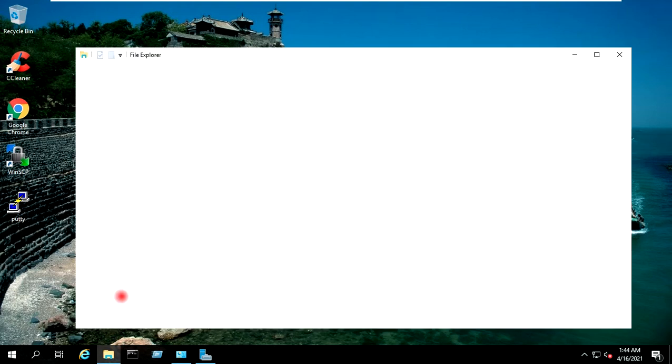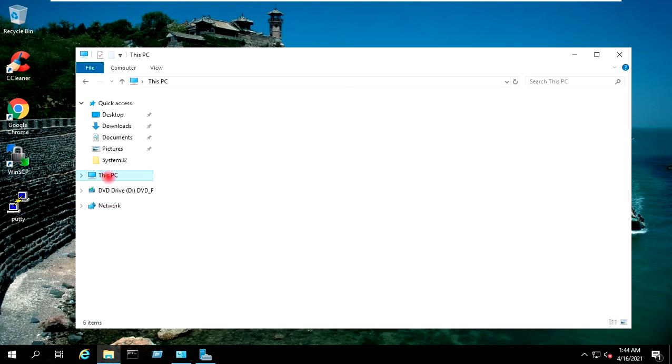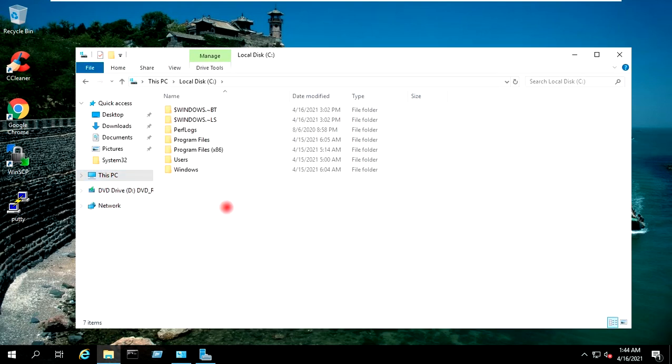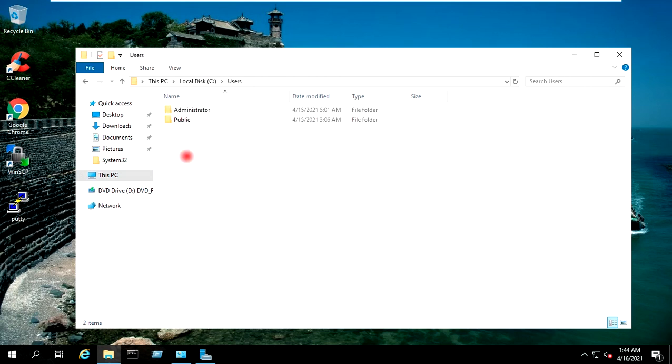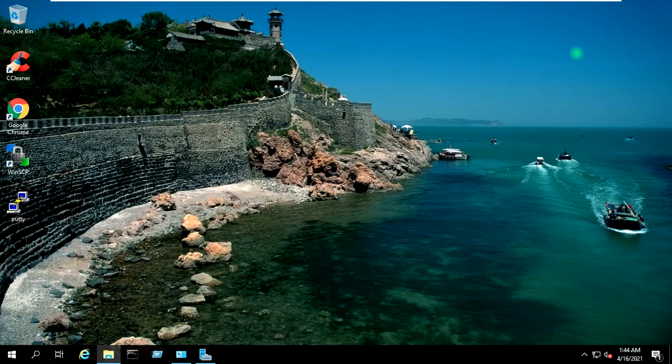I will go to this PC, C drive, users. These are all the pre-created users which we got from the previous system through the ISO.